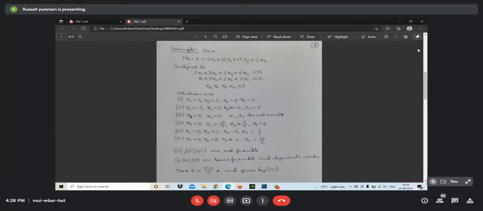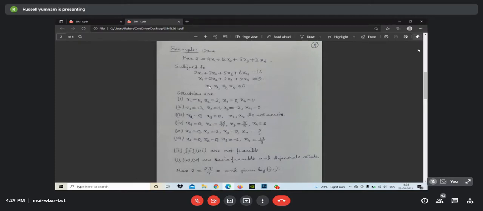This problem is what we call the linear programming problem. In this linear programming problem, it may be a maximum of the value or a minimum of the value. In our case, it is maximum. Maximum z we have to obtain. That value of z, maximum or minimum, is called the objective function. An objective function is to be obtained subject to some equation or inequation.